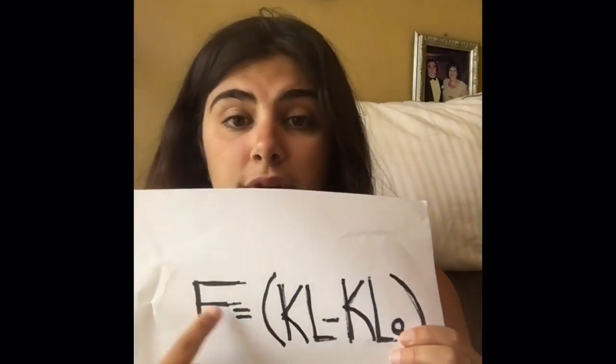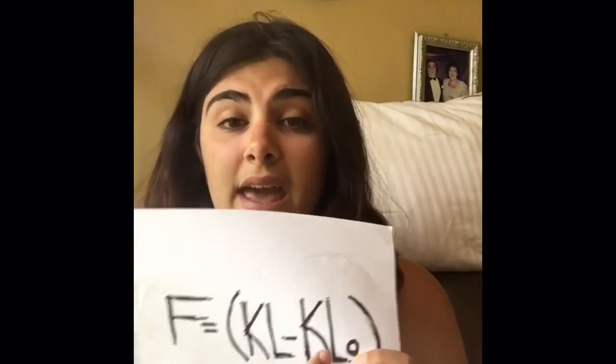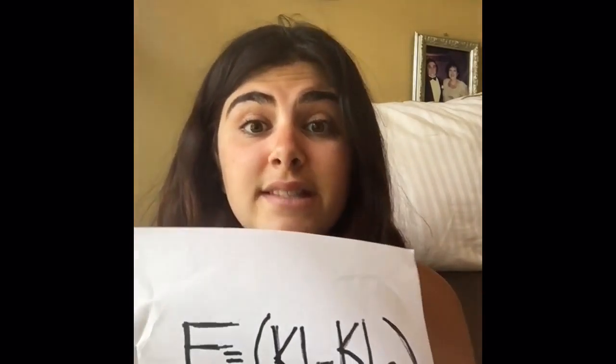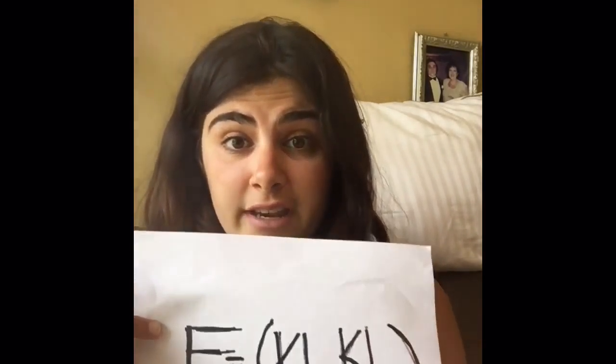More specifically, the equation is applied force equals the slope of the line times the length of the spring minus length of the unstretched spring, or F equals KL minus KLO. You could predict the way the spring would react depending on this equation once you plug your data into the